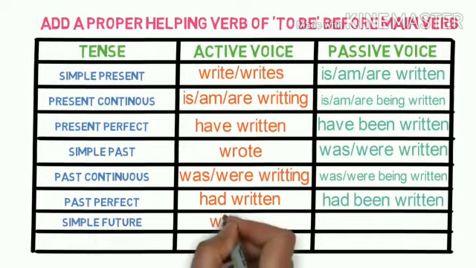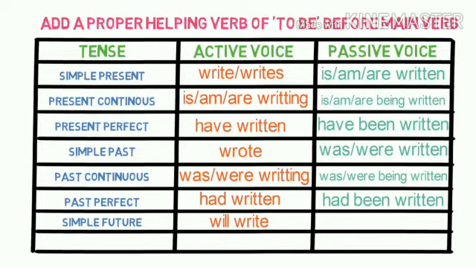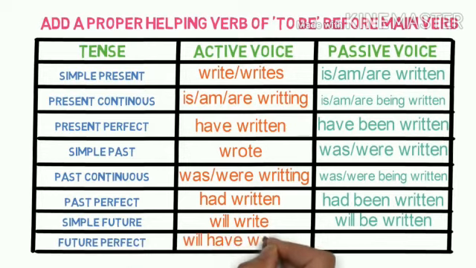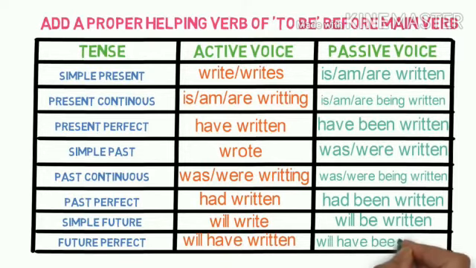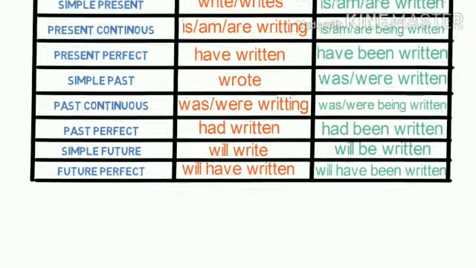For simple future tense, we will be using will write for active. When we change it into passive, we will be writing will be written. Will be is for passive and written is the V3 form of the verb. And for future perfect tense, will have written for active voice, and for passive voice it will be changed to will plus have plus been plus written. These are the 8 tenses chart for understanding which helping verb ought to be used when converting active to passive